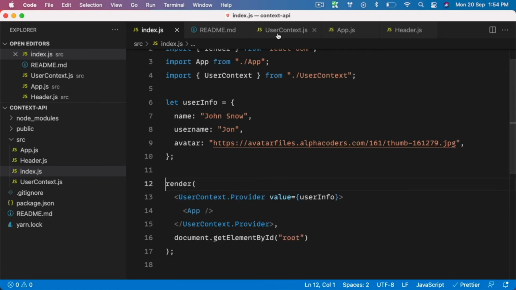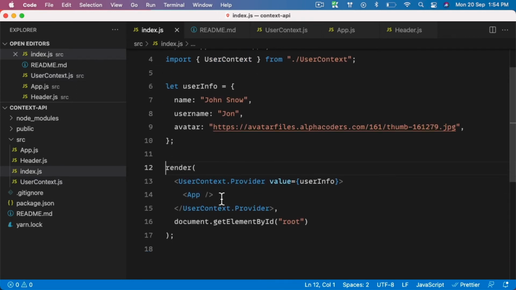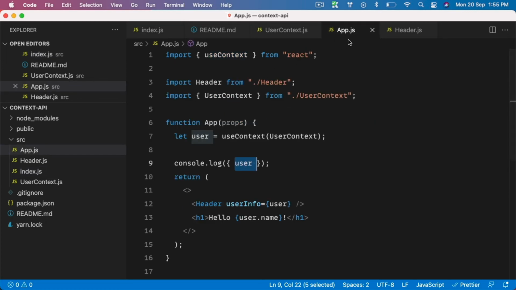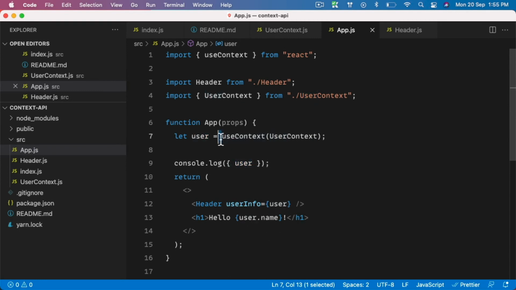Now what we are doing is creating the context in this file, exporting it from here, providing the value using UserContext.Provider and using the value prop. So now the value has been provided to UserContext. We can consume it. So we are consuming inside a functional component using a hook called useContext. And all you need to do is to pass the context you want to use. As soon as you do that, you get access to the value inside the context, and you can directly use it like this.